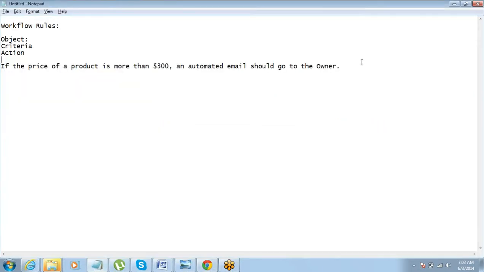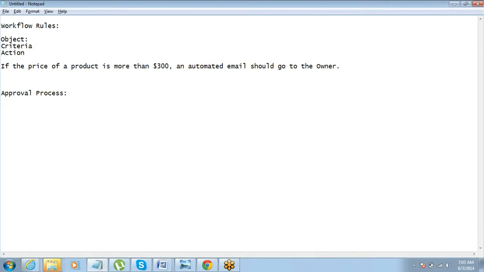So that's about our workflow rule. Now, similar to a workflow rule is an approval process. Okay. So what is an approval process? An approval process is where you want to have a process of approval in place. When I say process of approval, I mean you want the records to be approved. Okay. So in a workflow, what is happening?